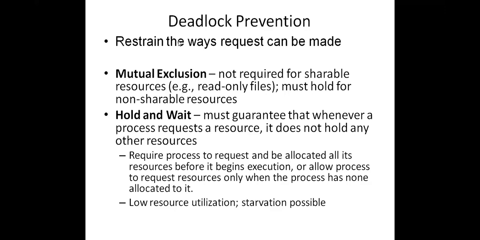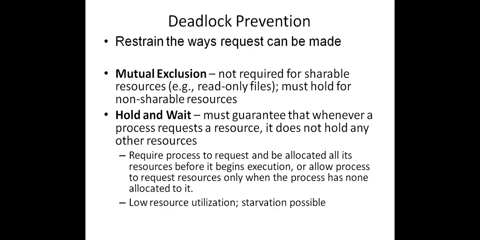So mutual exclusion we can avoid if we have more shareable resources in a machine. If more shareable resources are there, then automatically those resources are shared among the processes. So all the processes can use the resource at the same time. What is mutual exclusion? Only one process needs to use the resource at a time. But if it is a shareable resource, more processes can use the resource at the same time.